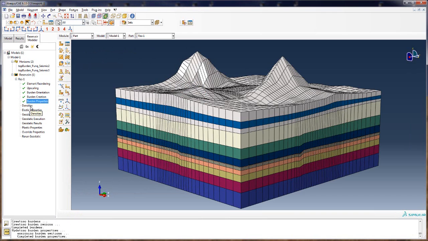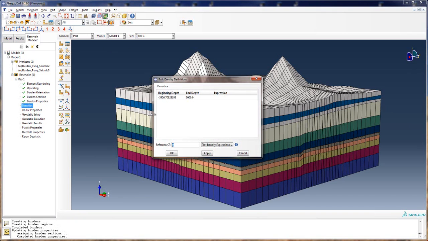Alright, so the next step we're going to do is set up densities. Now the densities can be a constant value throughout, or we can enter an expression. So I'll just clean that up and say from negative 3500 to 0, we'll just say a constant value of 1200. Then I'm going to add a row below. So from 0 to a depth of 5,000, we could put anything we want here, but